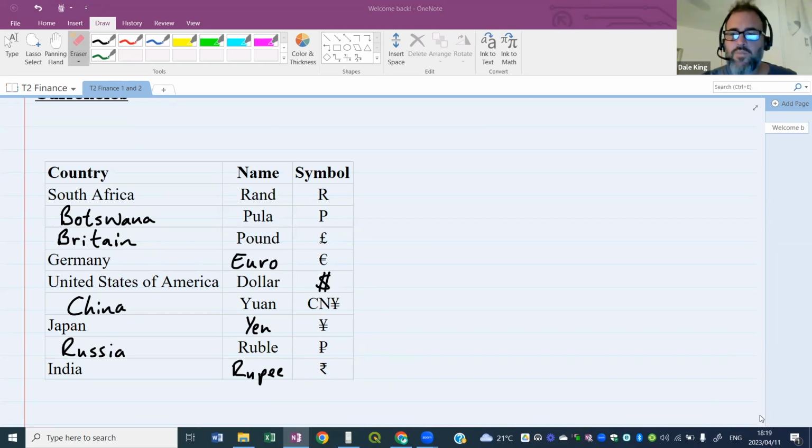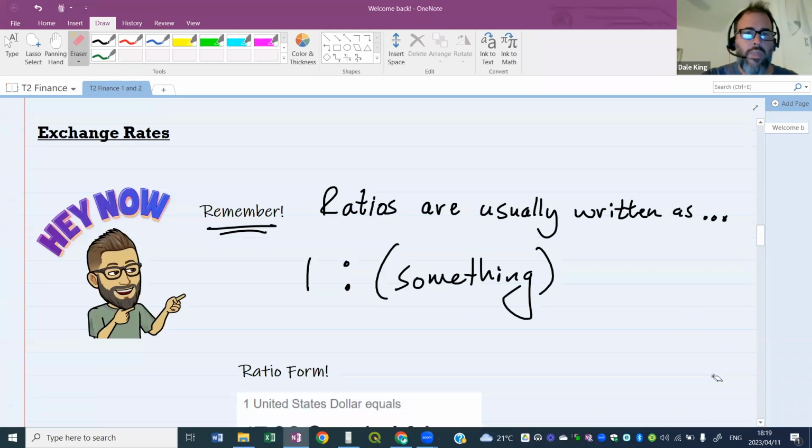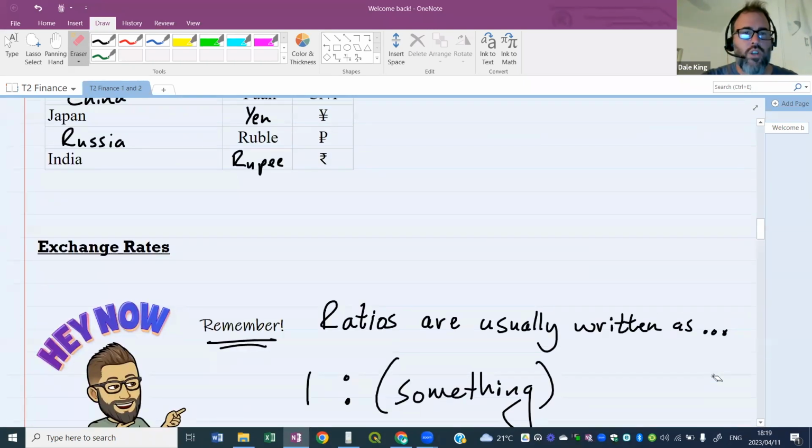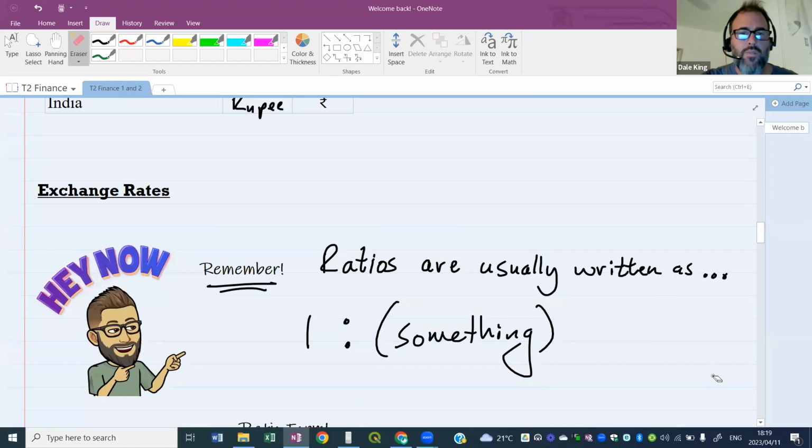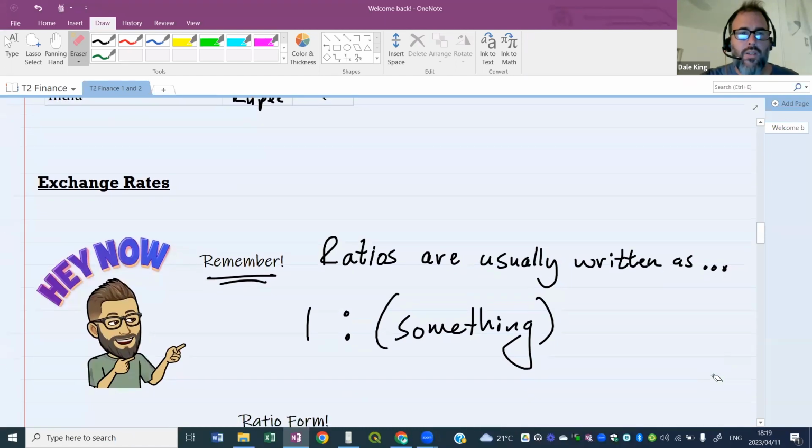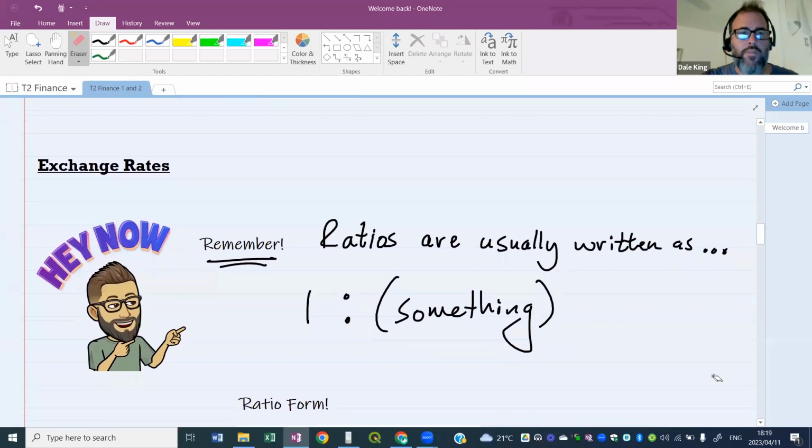Well done. All right. Let's go to exchange rates now. Okay. Now, there's something I want to talk about here because the word says rate, exchange rates, but then I've got this other word here, ratio. Okay, so that's something we need to highlight, rates and ratios, and the difference between the two.